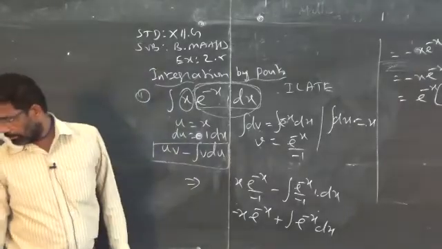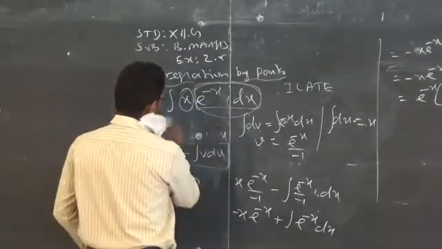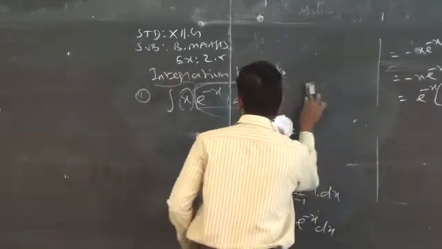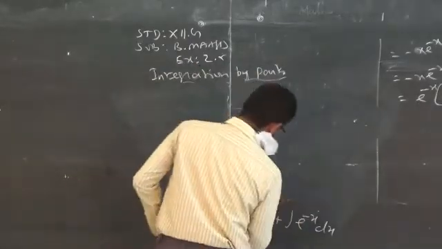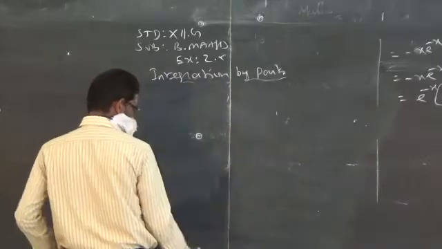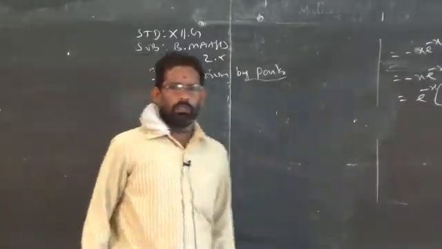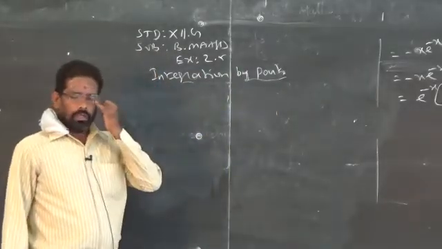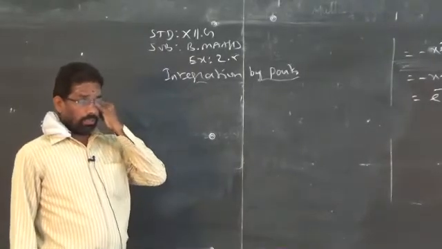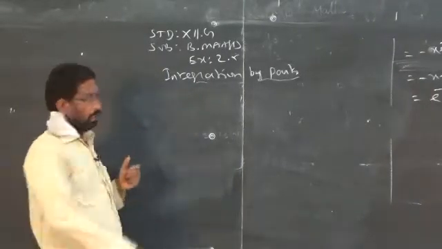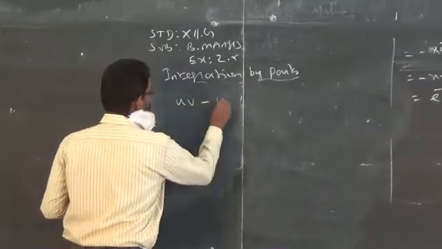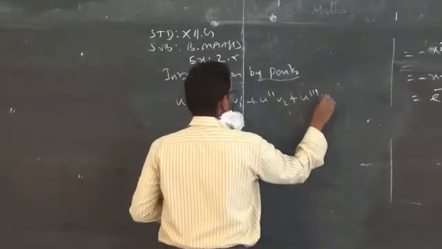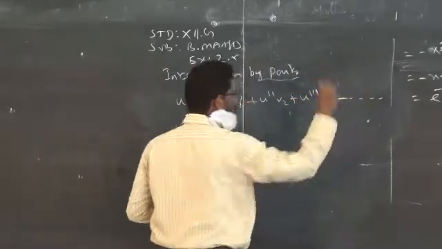Now we can see the second sum. Other than this uv formula, we have a generalized formula, Bernoulli's formula. Clear that Bernoulli's formula is an extension of this one. When the power of x is more than 2, that is 3, 4, then you can apply Bernoulli's formula. That Bernoulli's formula is very simple, that is uv minus u dash v1 plus u double dash v2 minus u triple dash v3, and so on. It will go on till the end.